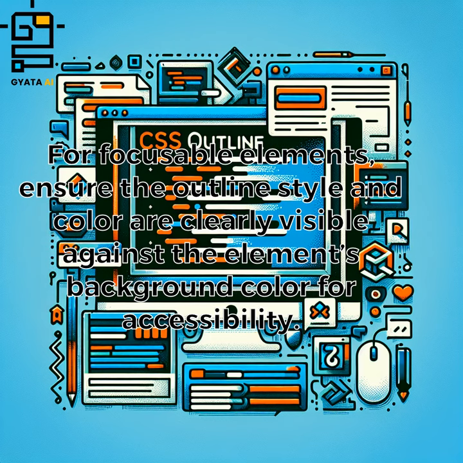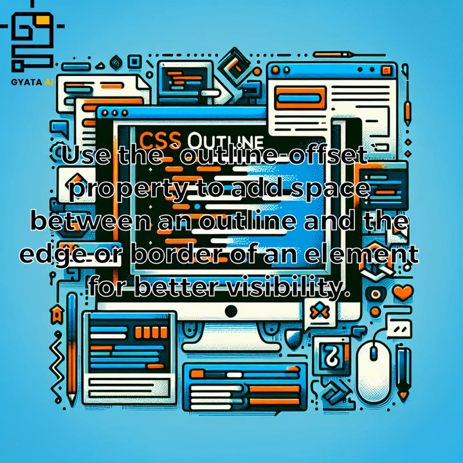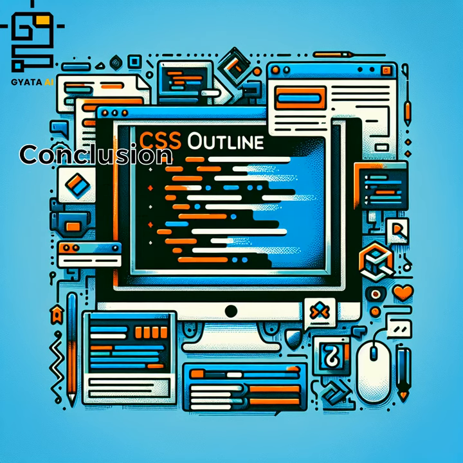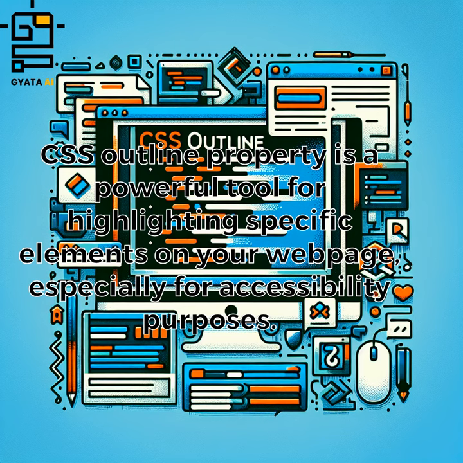For focusable elements, ensure the outline style and color are clearly visible against the element's background color for accessibility. Use the outline offset property to add space between an outline and the edge or border of an element for better visibility. Conclusion: the CSS outline property is a powerful tool for highlighting specific elements on your web page, especially for